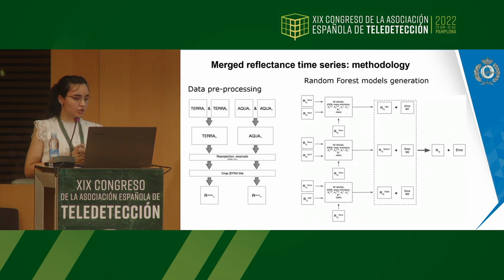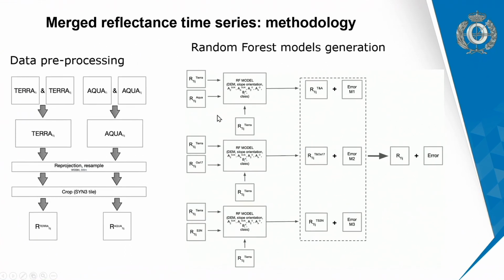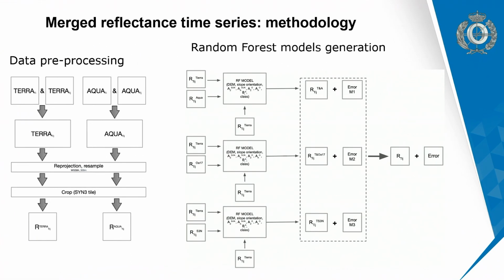Here is a summary of the whole pipeline of the work. On the left is the data processing that we applied to MODIS, and the second one is the random forest model generated. We use different attributes for the model, like the digital elevation, the orientation, the slope, the solar angles, the sensor angles, and the class, the land cover of